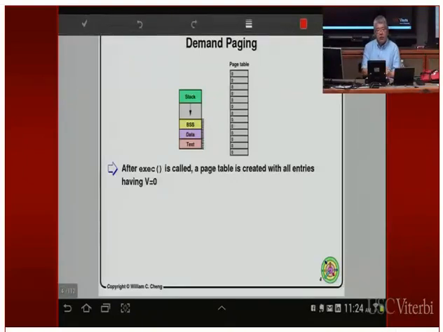All right, so we're going to briefly walk through this example for on-demand paging. We're going back to on-demand again. The basic idea is that when you run execl, you replace the address space of the user process with a brand new one. In that case, we're going to reset the page table to 0. So how do you do that?